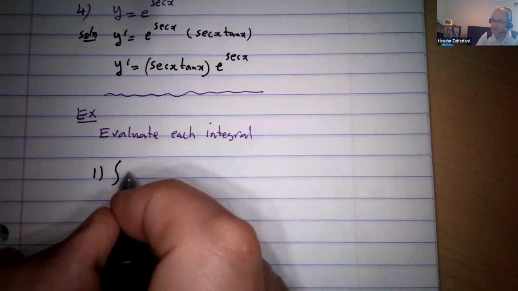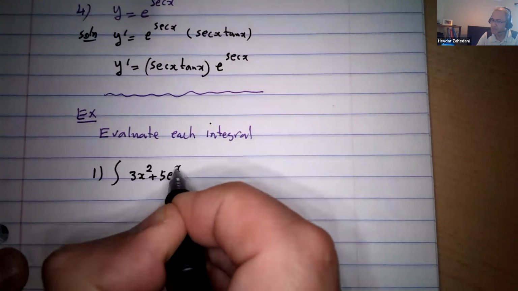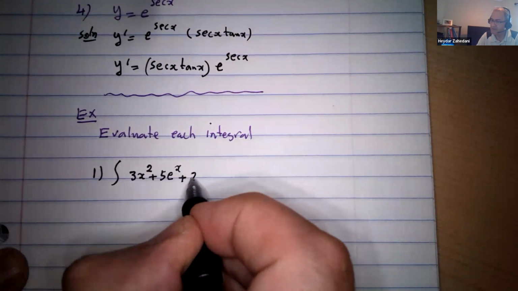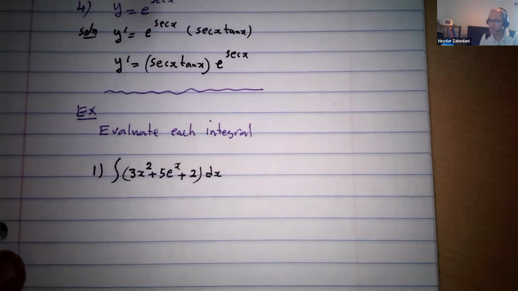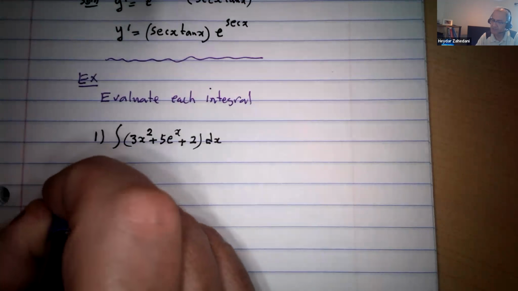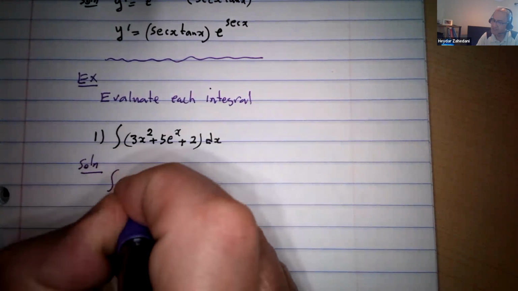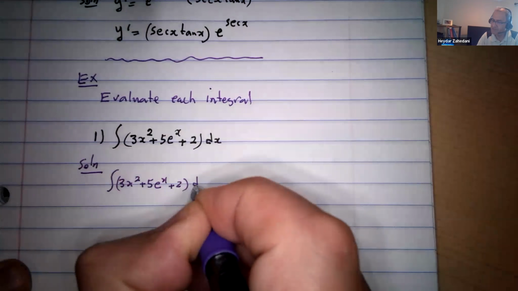So for example, if you want to find the integral of, let's say, 3x squared plus 5e to the x plus 2 dx. That's it. 3x squared plus 5e to the x plus 2. Now, this is an ordinary integral, nothing special. So the integral of 3x squared plus 5e to the x plus 2 dx is going to be equal to